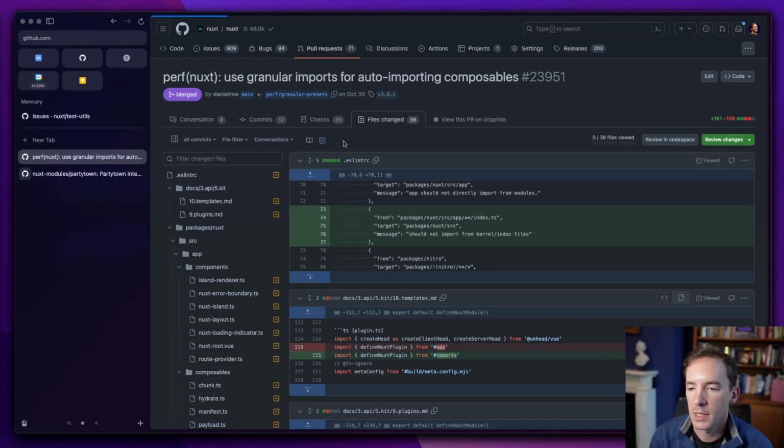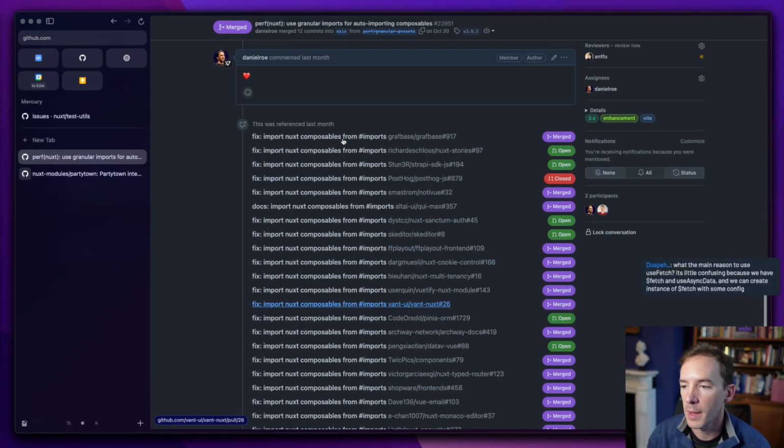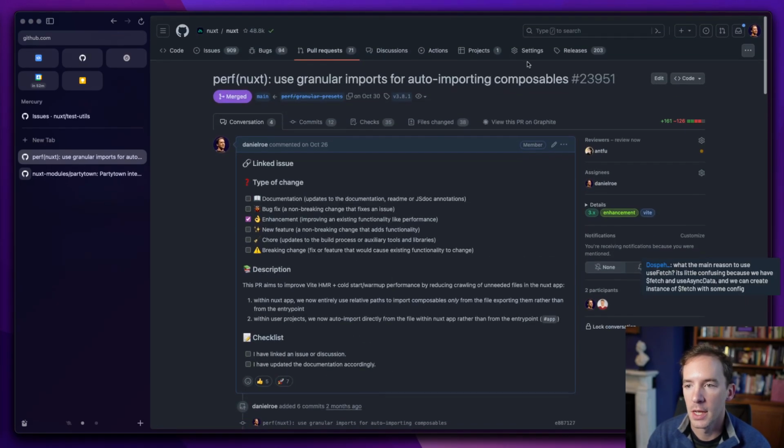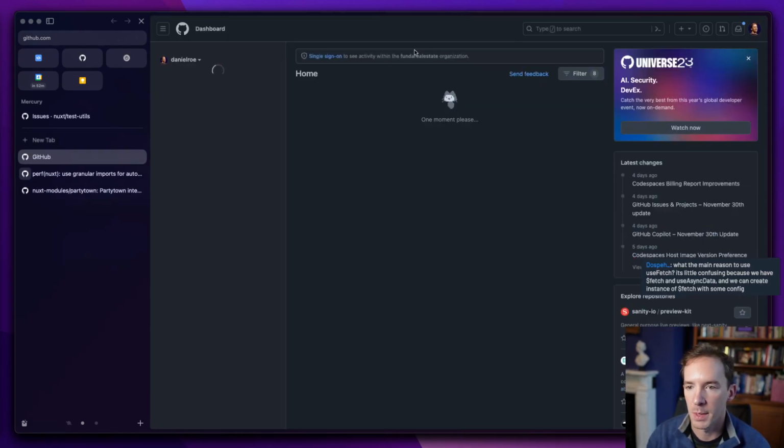And so I then wanted to help other people out who are using this, because I saw lots of people were using it. I often, by the way, when I'm making a change to Nuxt, use GitHub search to find how much it will affect people. So for example,